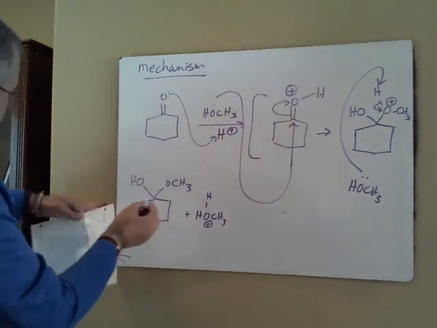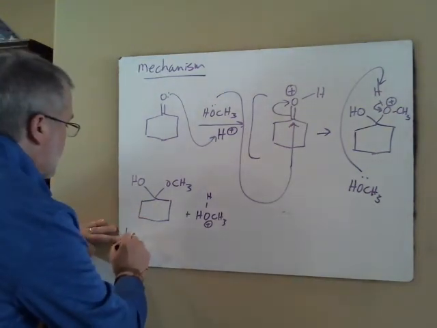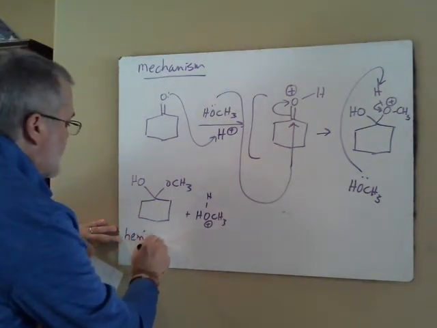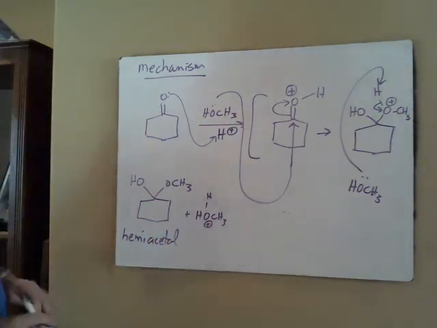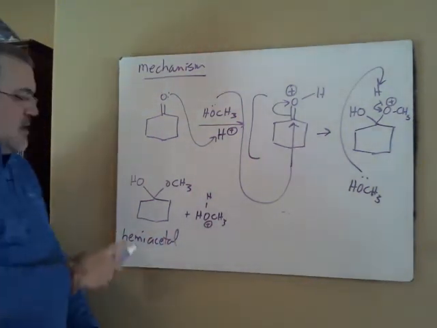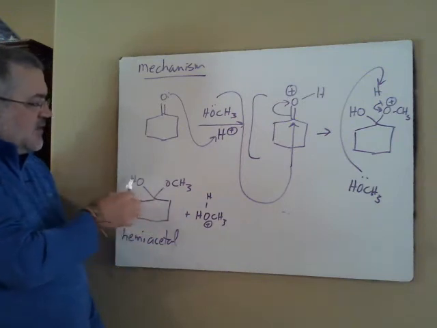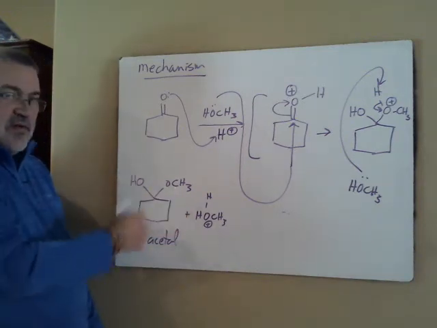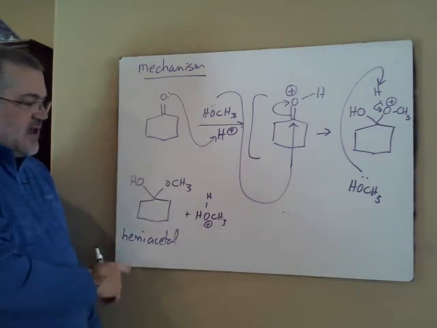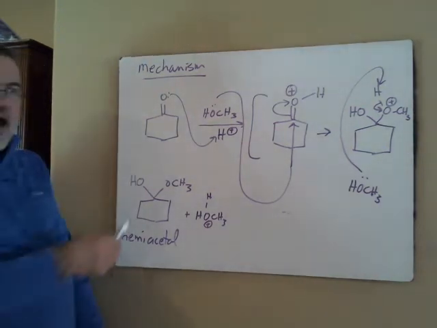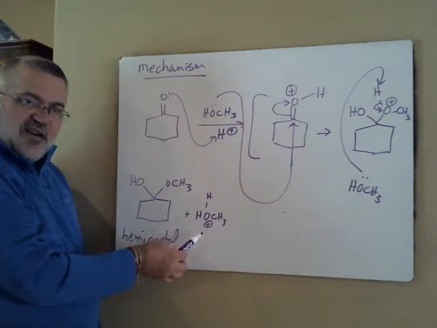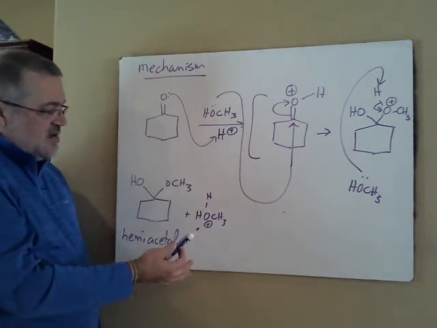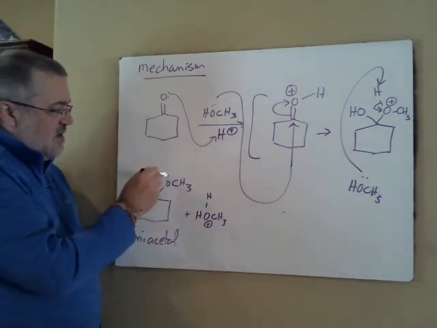This has a name. It's a hemiacetal. Hemi, partial acetal, because there's not an R group here. I've only added one equivalent of the alcohol, hemiacetal. Well, now what happens? Now I've got this alcohol that's got a proton on it. So this oxygen,